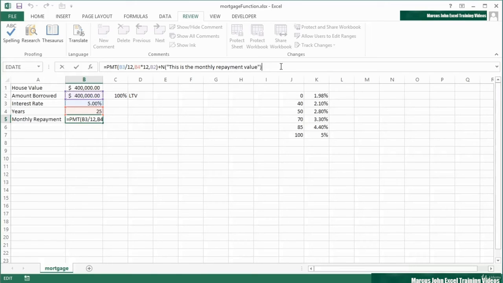Why are we dividing by 12? Because we want a monthly interest rate, not the annual interest rate. Why are we multiplying by 12 on the B4? Because we need to turn the number of years into number of months. So we could put all of that inside the comment, hidden away here in the formula, but not affecting the formula's result. We do that by just adding that plus N, open brackets, open speech marks, comment, close speech marks,